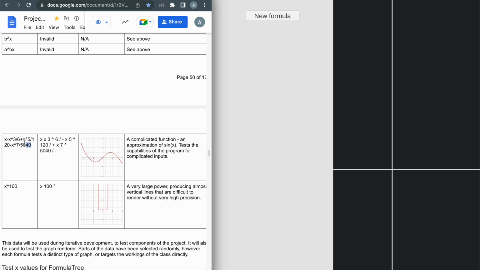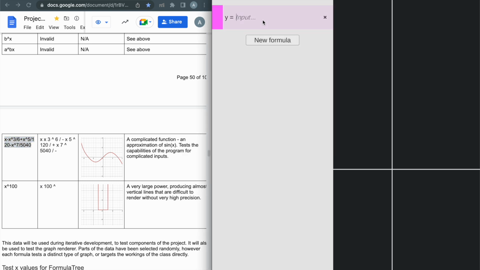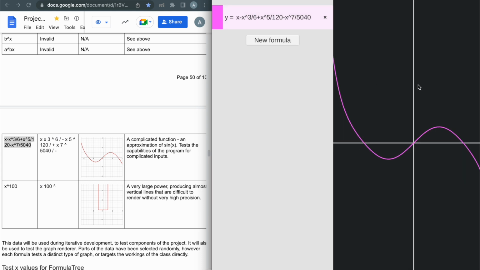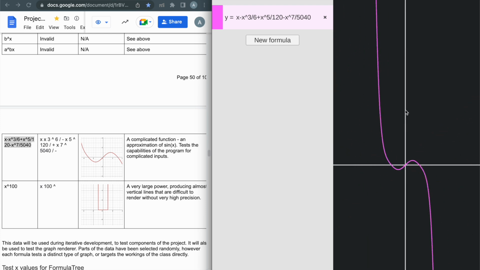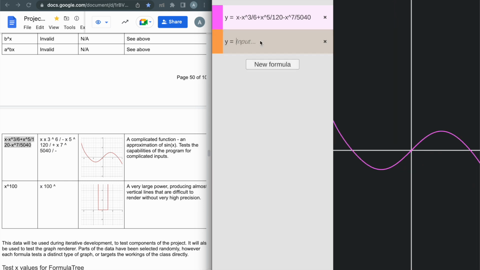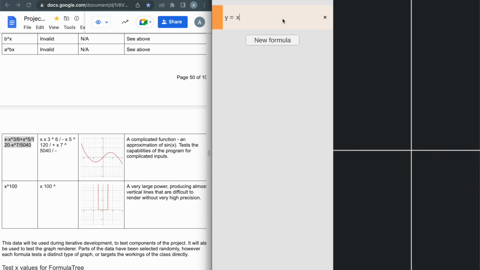So as this calculator didn't support sin x, I thought it would be fun to do an approximation of sin x, which is a very complicated function, and this is mainly to test how it deals with complicated functions. And it deals with it perfectly fine. As you can see, there's no performance issues when you zoom in and out. Works perfectly fine. Lastly, we're going to try x to the 100, which doesn't render anything at all, which it